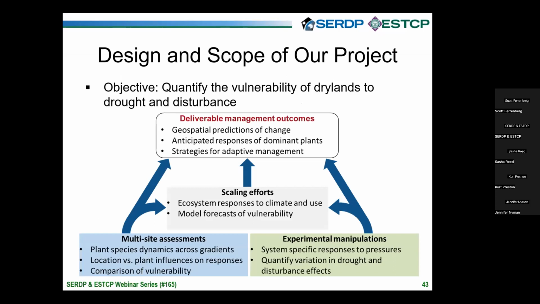And we combined that with the use of long-term data, primarily remote sensing layers, in order to better understand how our localized experiments were capturing variation that might happen at larger regional to continental scales. Ultimately, what we wanted to do with our project is to deliver important outcomes for the managers of DoD installations, which could include things like geospatially refined predictions of change, anticipated transformations of the native plant community or soil organisms, and potentially work with them even on strategies for adapting their management going forward to address these anticipated changes.